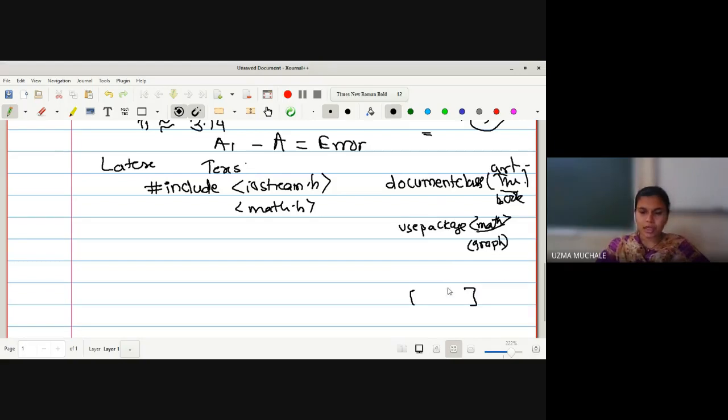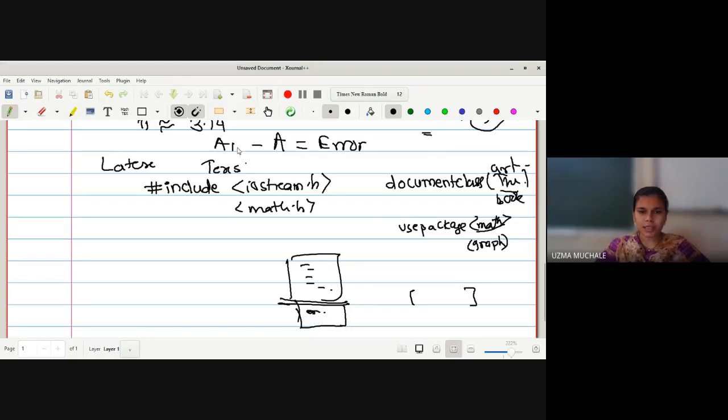Okay, and suppose you have included the image, but you haven't included the package which is used for running our image. Okay, you want to insert an image in LaTeX, but you haven't used the package which is used to run our image. So at that time it will show the error after running the program. Suppose here is your syntax, and here it will show the error. It will show the error at some line number, and you can go to that line and correct that error.